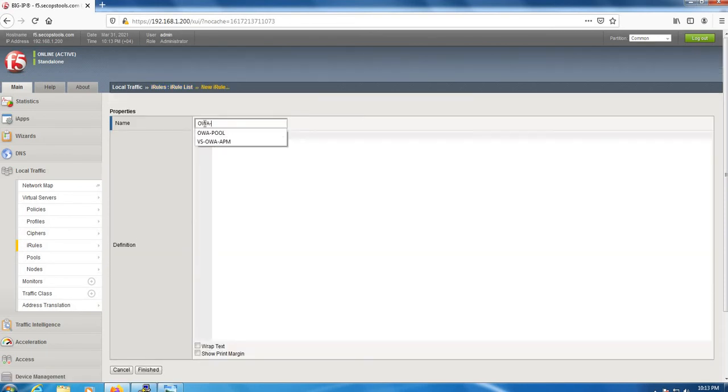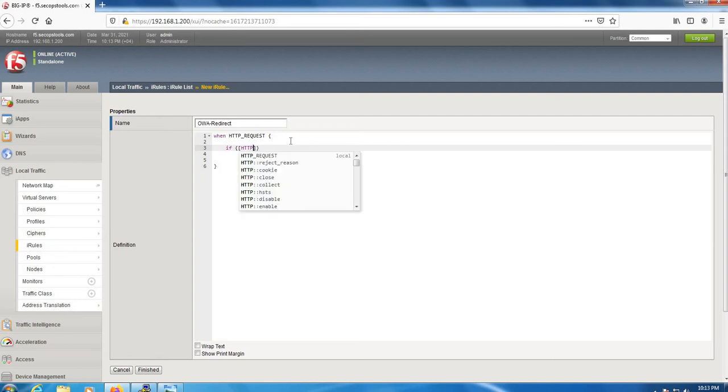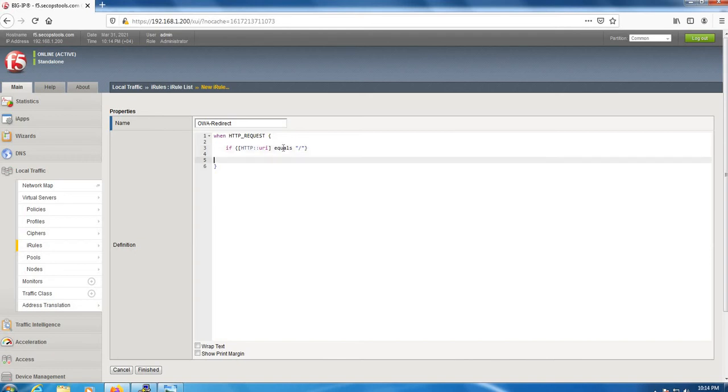Okay, so we'll name it OVA-redirect. So when there is an HTTP request, if our HTTP URI equals slash, I guess this slash, then